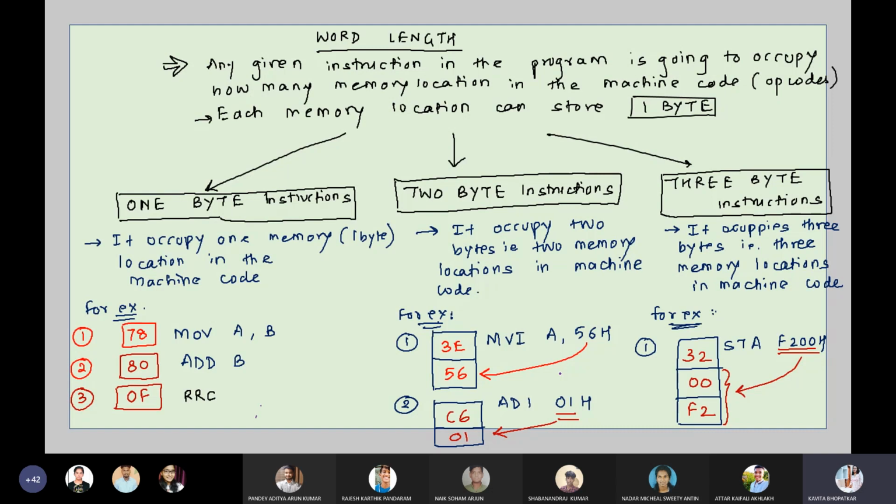I am talking specifically about machine code. Machine code यानी कि तुम्हारा program code which is going to get executed. So this is fixed. This is the pattern. See, जैसे कि